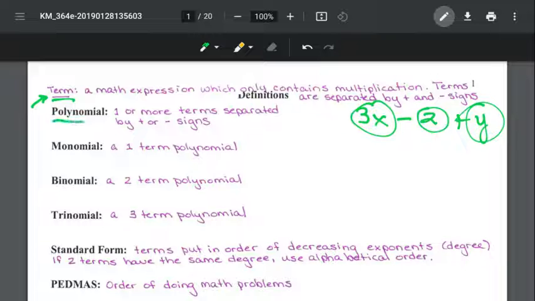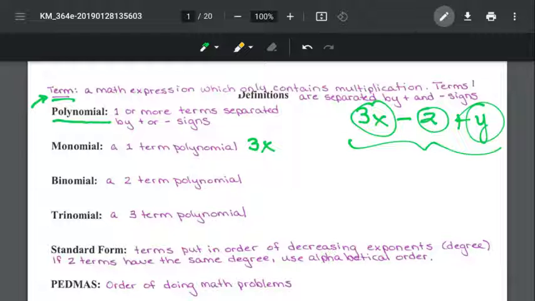So moving down here, polynomial. Pretty much everything we are working with is a polynomial. There's a couple of cases that come up that aren't, but we're not going to get into those now. For example, this thing over here is a polynomial. It has to have at least one term, and it's separated by plus or minus signs. A monomial is a term, it's got one term. So for example,